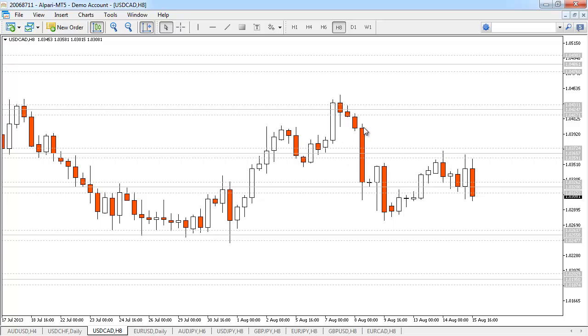So that's what I use for entries. I use the high or low of the indecision candle, or I use a psychological level that's nearby, and sometimes I'll wait for retraces. It's a pretty straightforward way to enter trades, but what we're essentially looking for, and this is what you always have